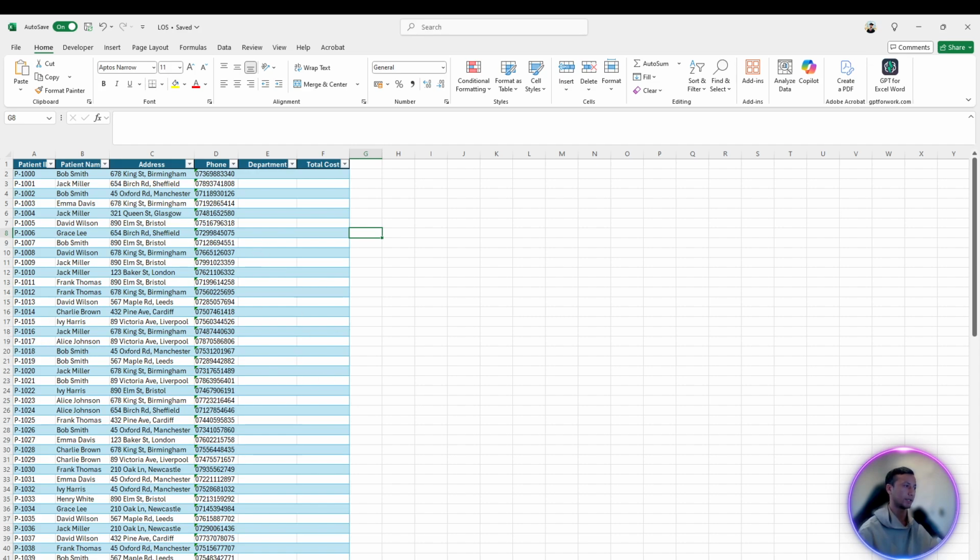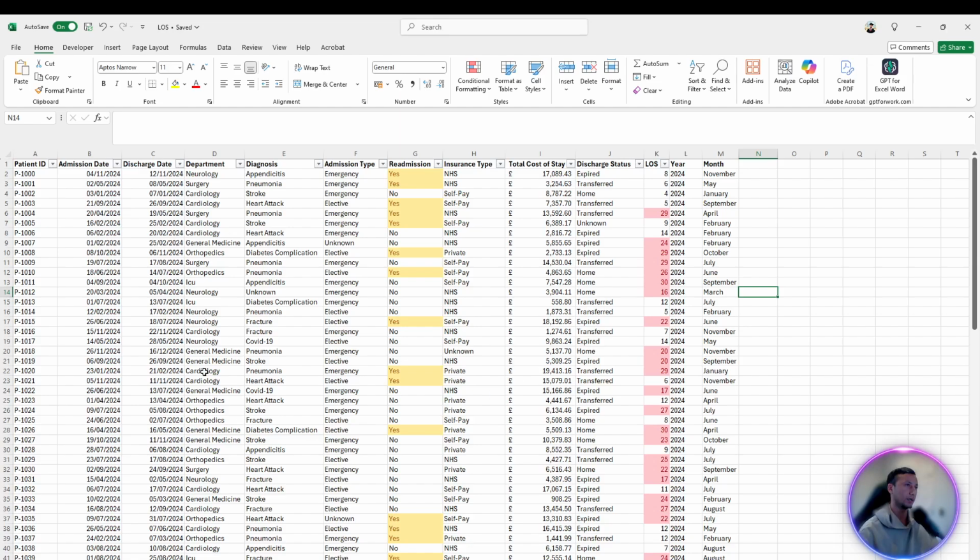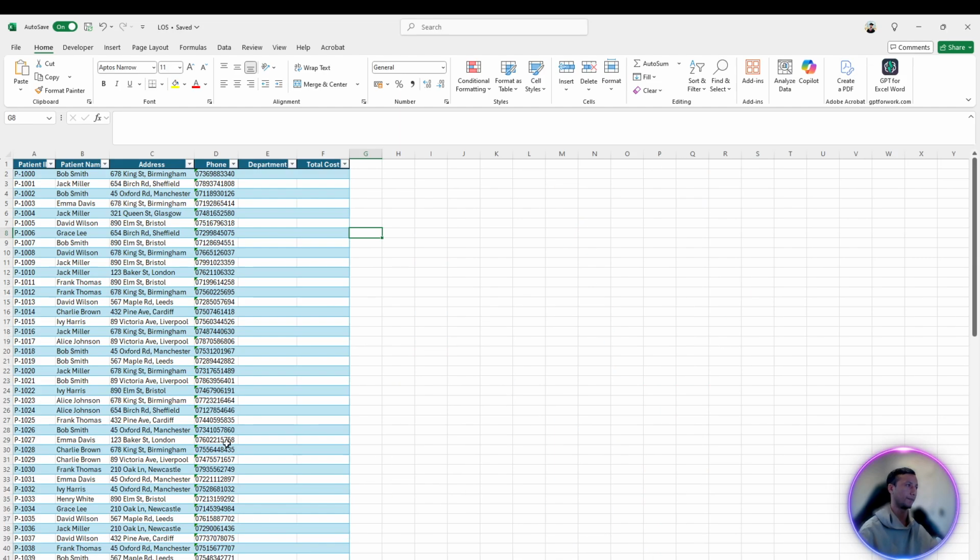Okay, general information. This is the information about the patient in a hospital, like their total cost, which department they went to, and what kind of admission type they had. Okay, and which is the admission date and discharge date. So these are the basic hospital and patient information, and this is only the patient information like name, address and